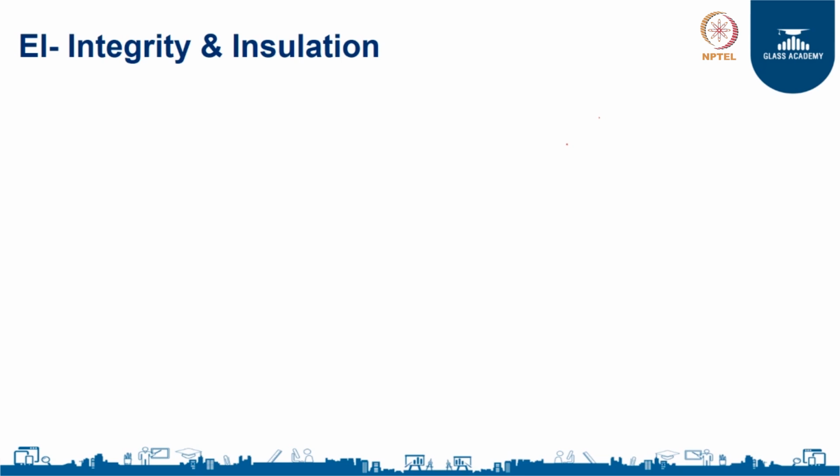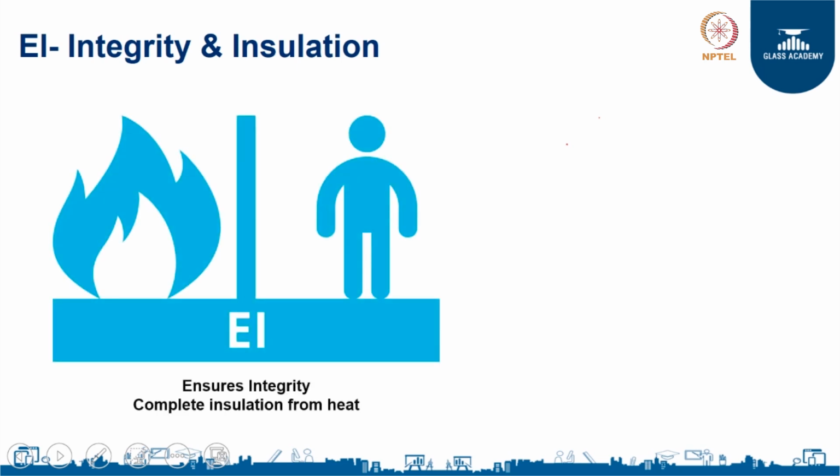The third type of fire resistant glass is called EI, which stands for integrity and insulation. In an EI fire resistant glass, if you can observe the infographic, you can see that the whole infographic is in an icy blue color, which means that there is absolutely no heat radiation passing through the glass, or there is very minimal heat radiation passing through the glass. The person standing right next to the glass is shown to be standing very close to the glass and is in no way trying to move away from it. This is because there is no potential risk or hazard that could arise from radiant heat because of the insulating properties of the glass.